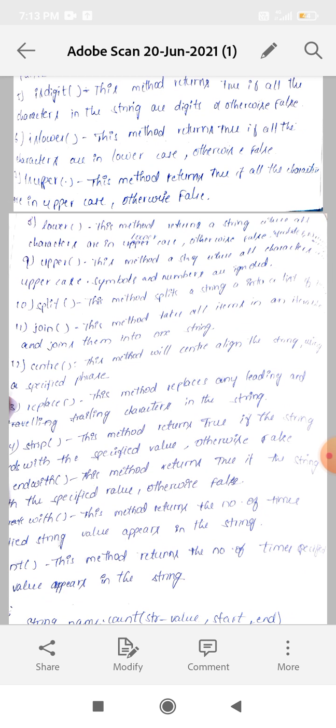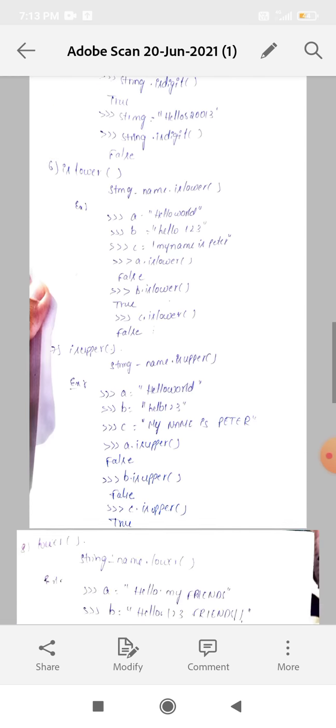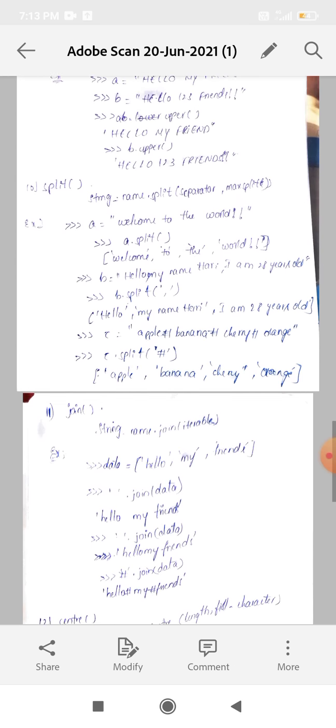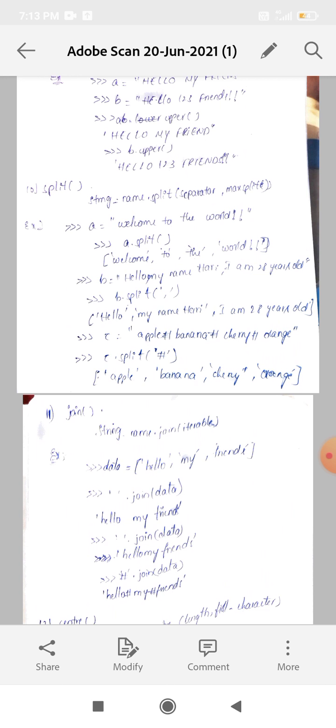Next, split. This method splits a string into a list. Syntax is string.split(separator, maxsplit).